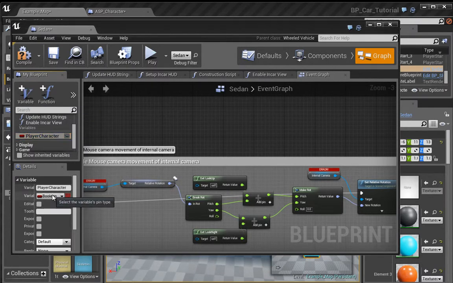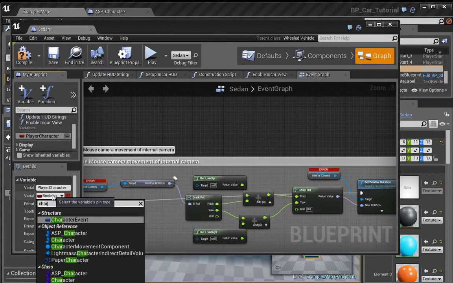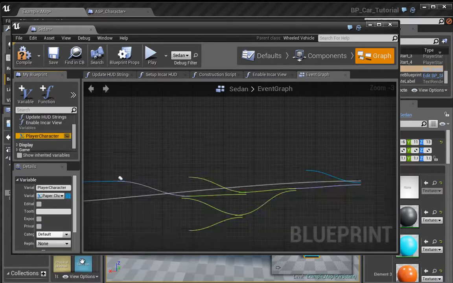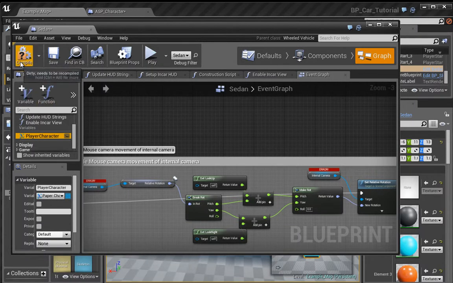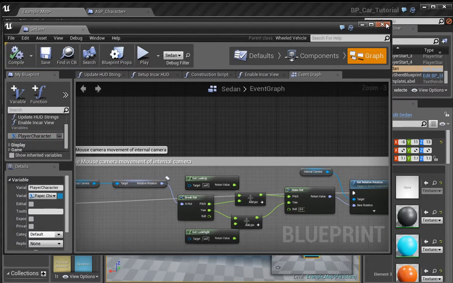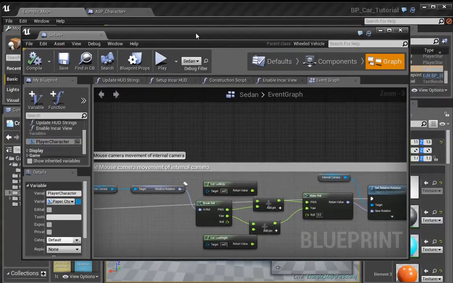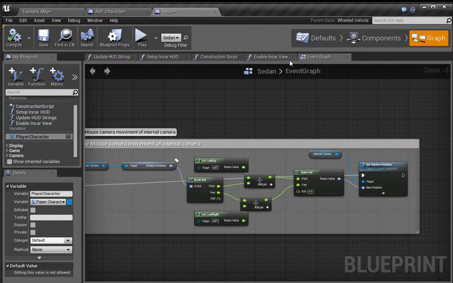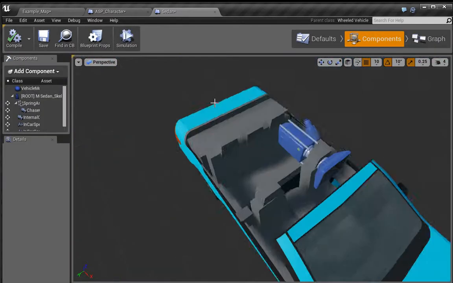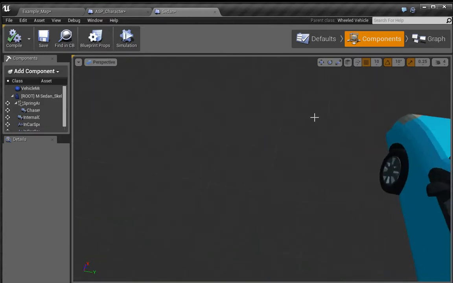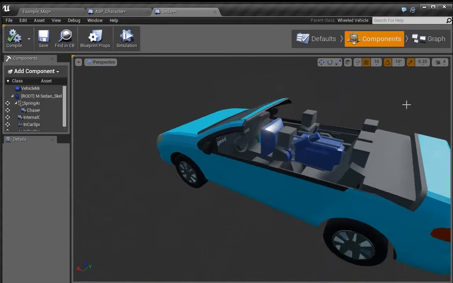So what we need to do is make this a player character variable, and click compile. So we have the variable set up. What else we need to do is let's just pull this into a tab over here. There we go. So what else we need to do is go to components, and we need to set up the way in which the character enters and leaves